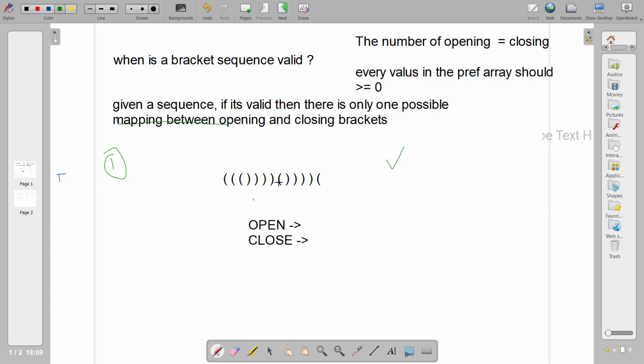For example, in this sequence, if I make the prefix sum array, it would be something like 1, 2, 1, 0, minus 1, minus 2, minus 3, then minus 2 again, then minus 3, then minus 4, minus 5, minus 6, and minus 5 again, I think. 1, 2, 1, 0, minus 1, minus 2.